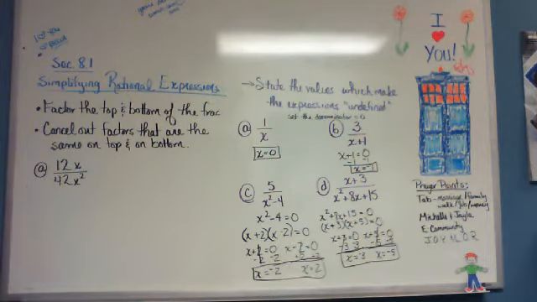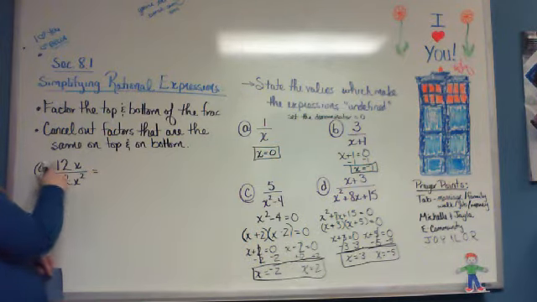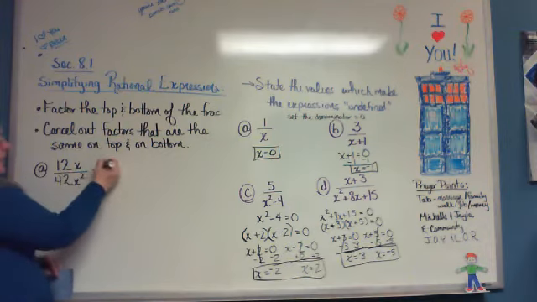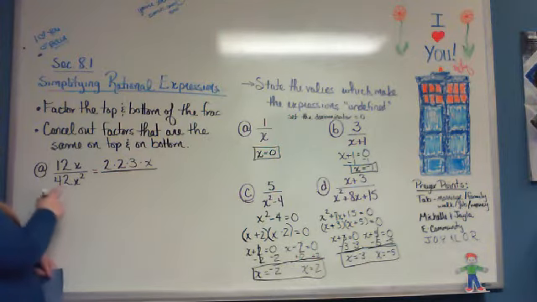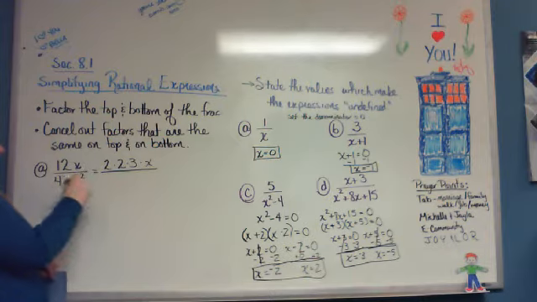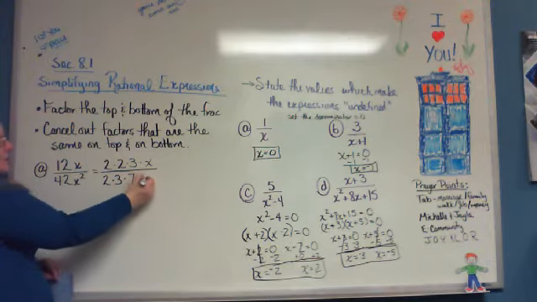So this is our expression. We're supposed to factor the top and factor the bottom. So when I go to factor the top, that means finding the prime factorization of the top. So the prime factorization of 12, if I were to break it down, would be 2 times 2 times 3, and then I have an x. Prime factorization of 42, if I were to break it down, would be 2 times 3 times 7, and then